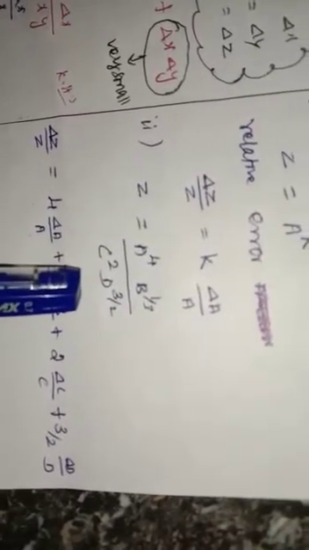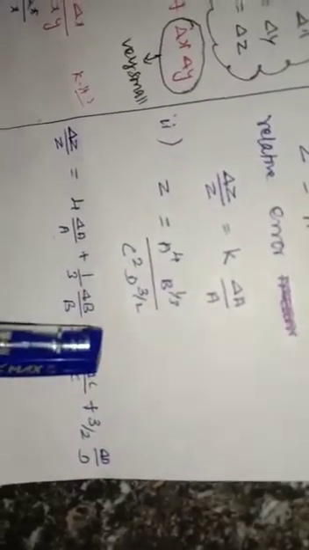Next is another example: z equals a to the power 4 times p to the power 1 by 3, divided by c to the power 2 and d to the power 3 by 2. So you write the relative error like this. Note that whether it is multiplication or division, the relative errors of each quantity will be added. Mind it, my dear children: whether multiplication or division, the relative error of each term is added and the powers get multiplied. Thank you.